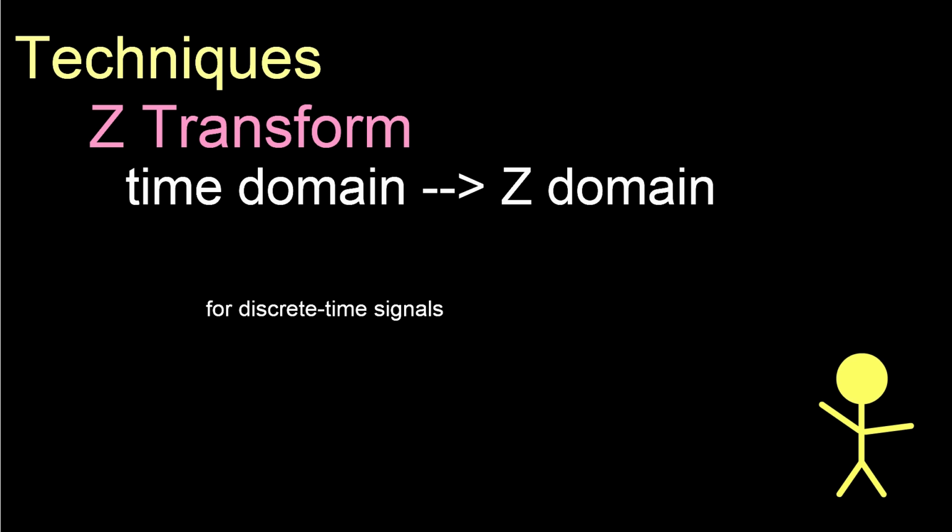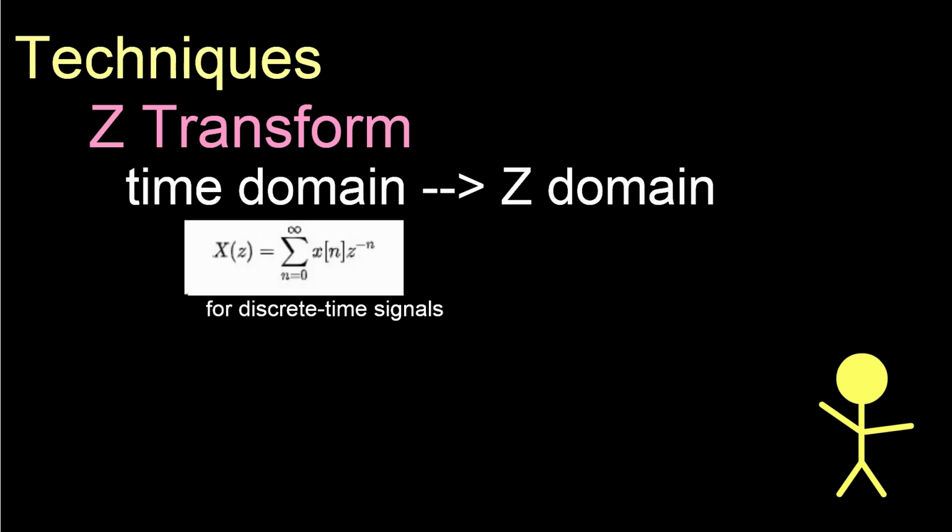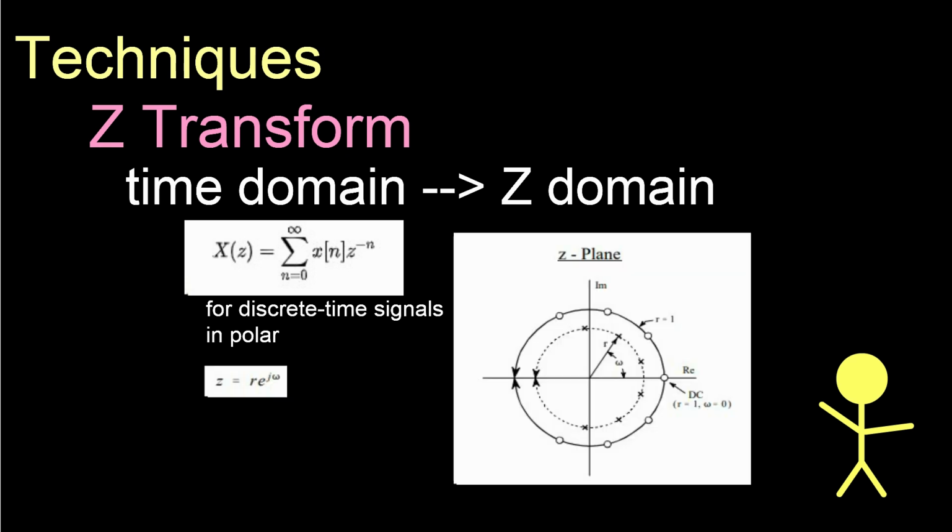The Z-transform converts a signal in the time domain to the Z domain. Yep, they play fast and loose with the domains. The Z-transform uses the polar coordinate system. By the way, Fourier transform can be done in polar too, but I did not want to research that. This is what Z stands for. Because we are in polar, R is radius and omega is angular distance.